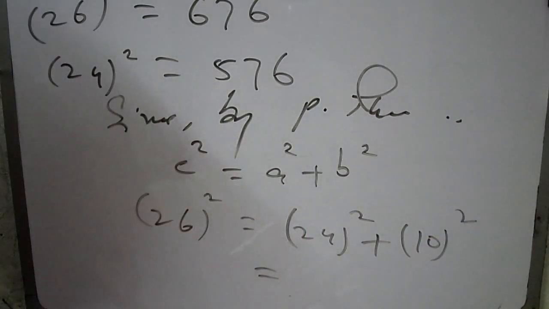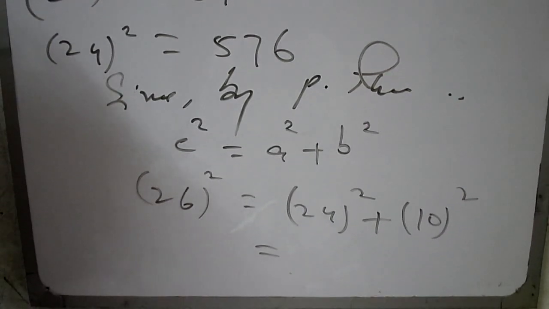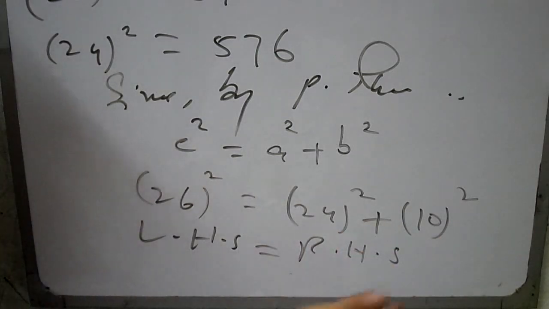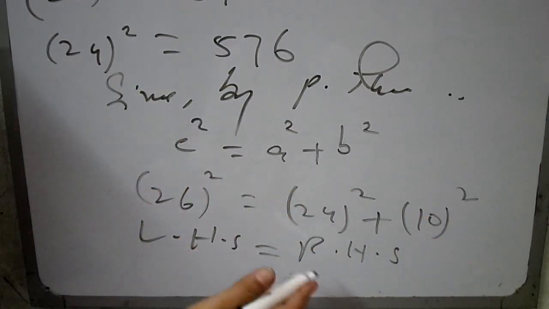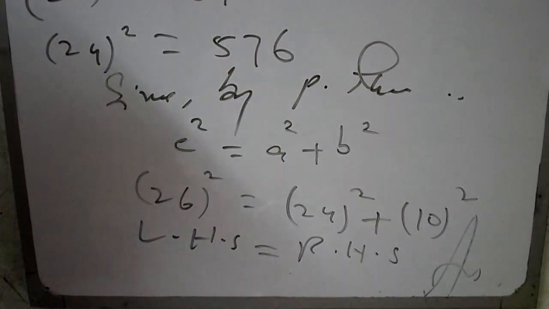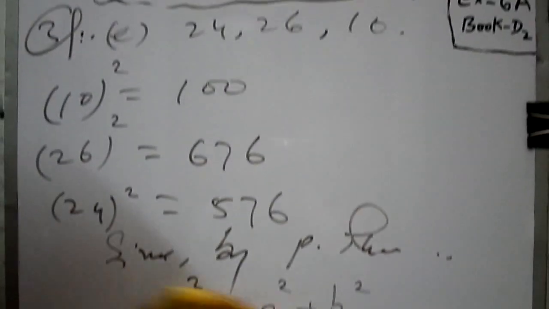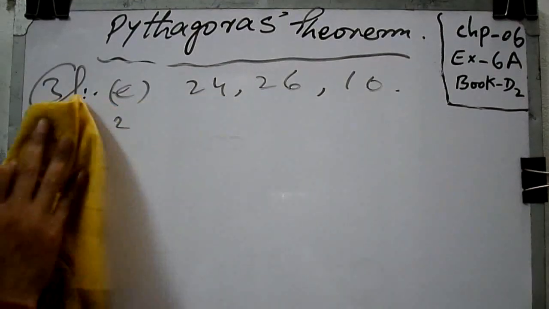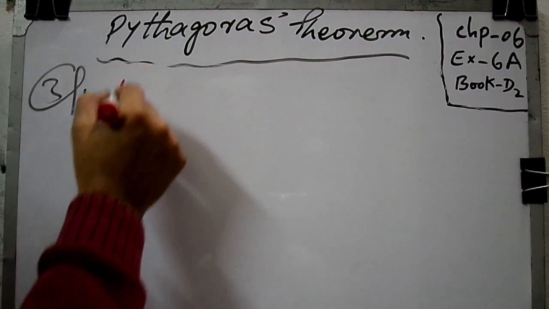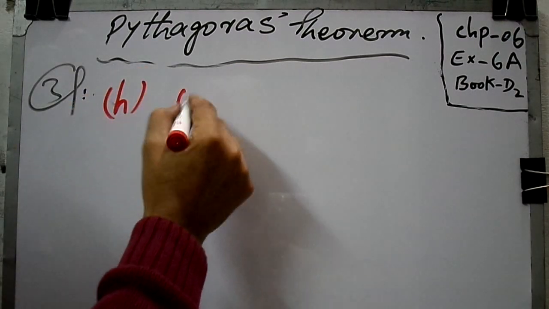So when we check with the help of a calculator, it is clear that left hand side is equal to right hand side, because after simplification you will get left hand side equal to right hand side. It means these are the lengths of the sides of a right angle triangle. Similarly, coming to the next part, the F part is very much the same one. Now coming to the H part, a little bit different, that is 0.15,